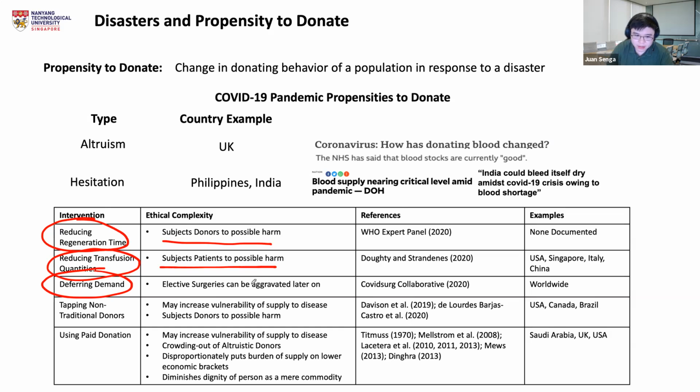But the problem is that this can be aggravated if you postpone for a long time. You can also tap non-traditional donors, those who have been restricted in the past, right? So those who are a bit older, those who have tattoos, those who are part of the group MSM. So that's also an intervention. And lastly is paid donation. This is what the Melbourne Declaration says is the basis for not having that focus towards